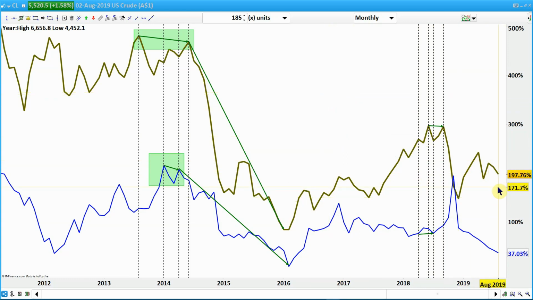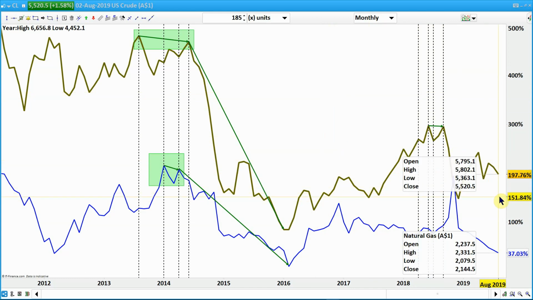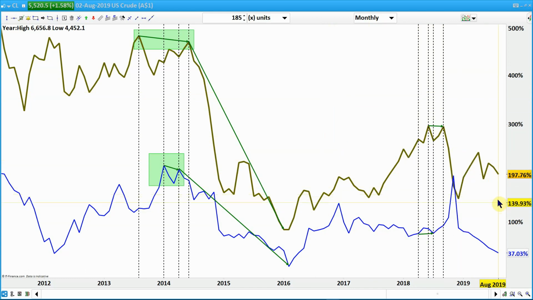But now, as we speak, this is August 2019. I cannot see anything on the monthly. So if we cannot see anything on the monthly,